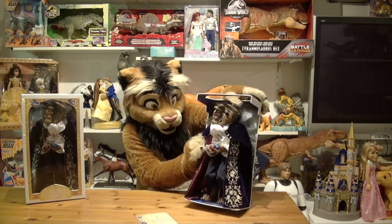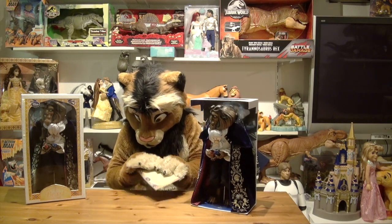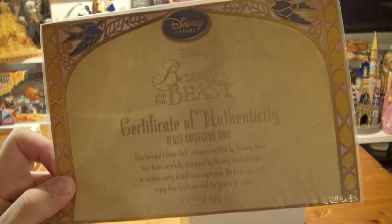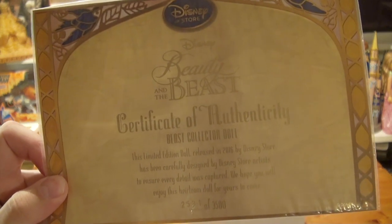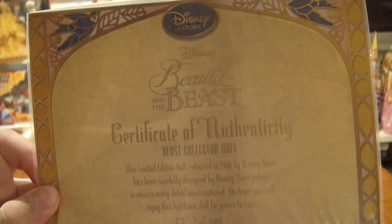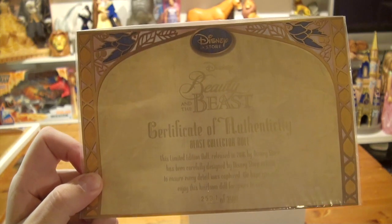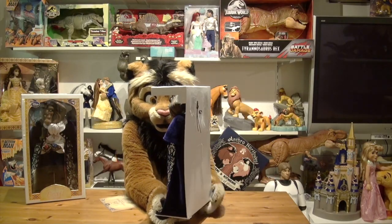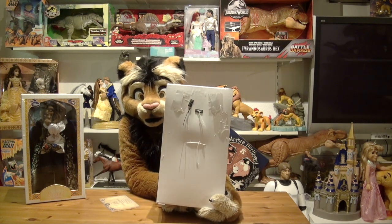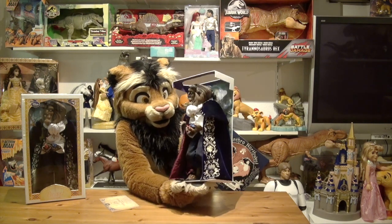That not only reveals the doll, but also the certificate of authenticity, and you can see from the 3,500, I've got number 2,531. So I definitely want to keep that. And now we can basically separate the doll from the backing of the box. There are a couple of twisty ties to cut through. But before we do that, take a close look